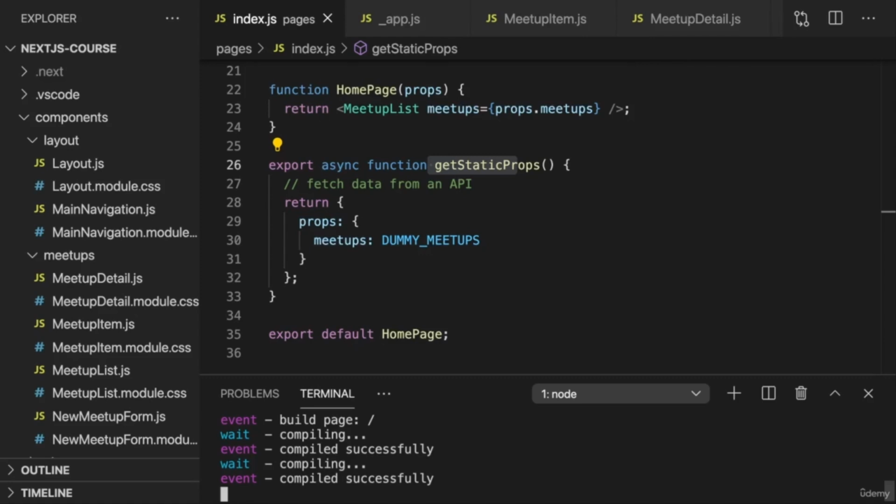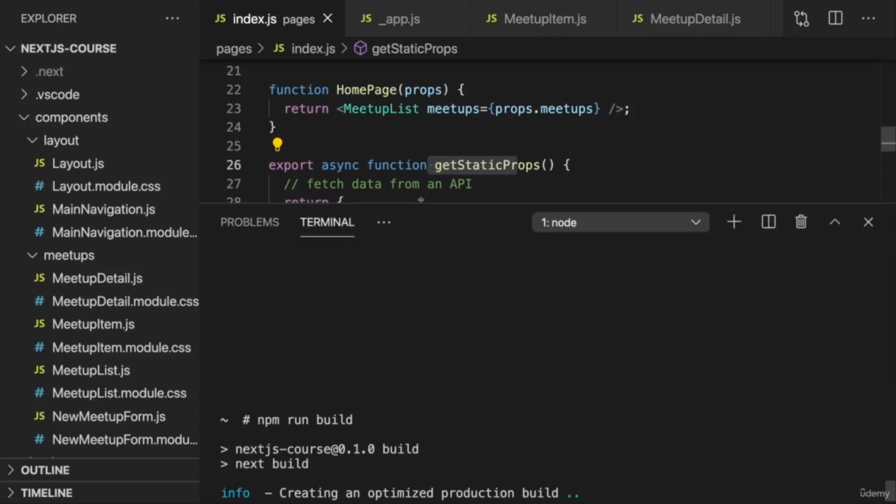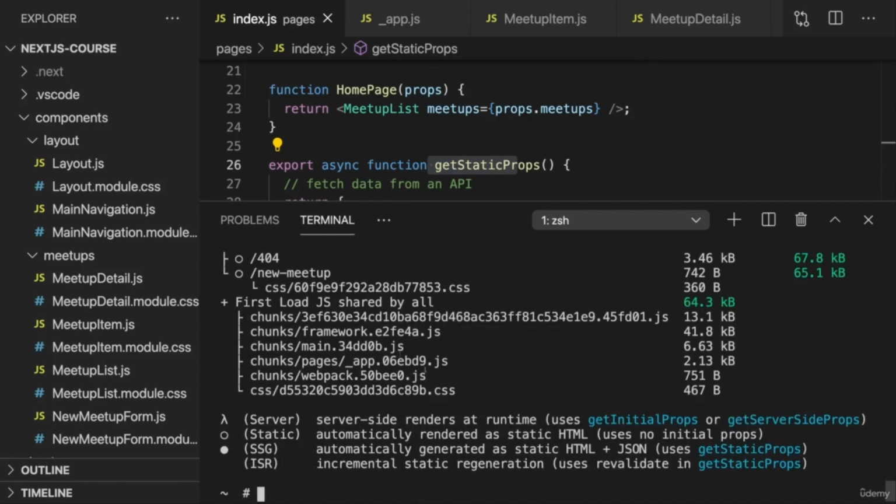Now, to fully understand getStaticProps and also see what we can do with it, let's quit the dev server for now and run npm run build. This is the build command which you need to run before you deploy your Next.js site. Now, we are not going to deploy here, but running it is still helpful and interesting. If we run npm run build here to create that production build, we see some